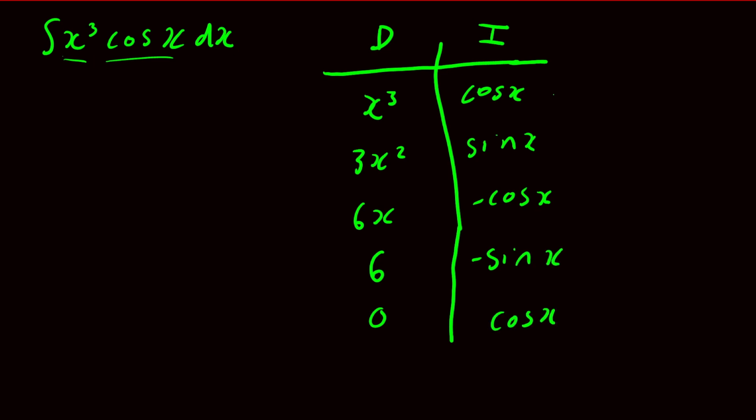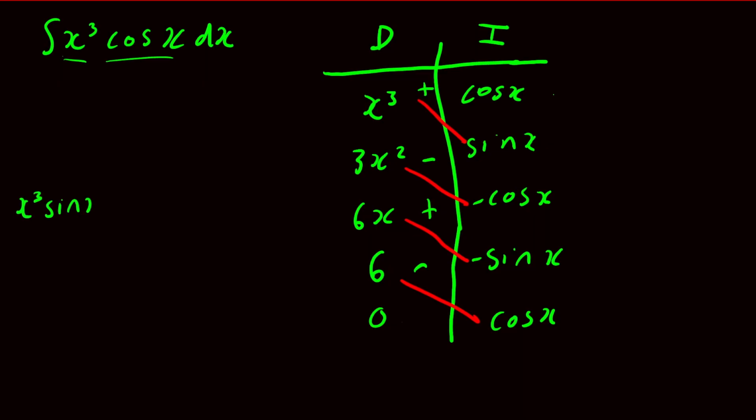We stop when it's the same row as the 0 on the left column. Now, we draw our diagonals like this. 1, 2, 3, boom. And remember, we alternate. So the first one is always plus, and then minus, and then plus, and then minus, and then we multiply along the diagonal. So x cubed